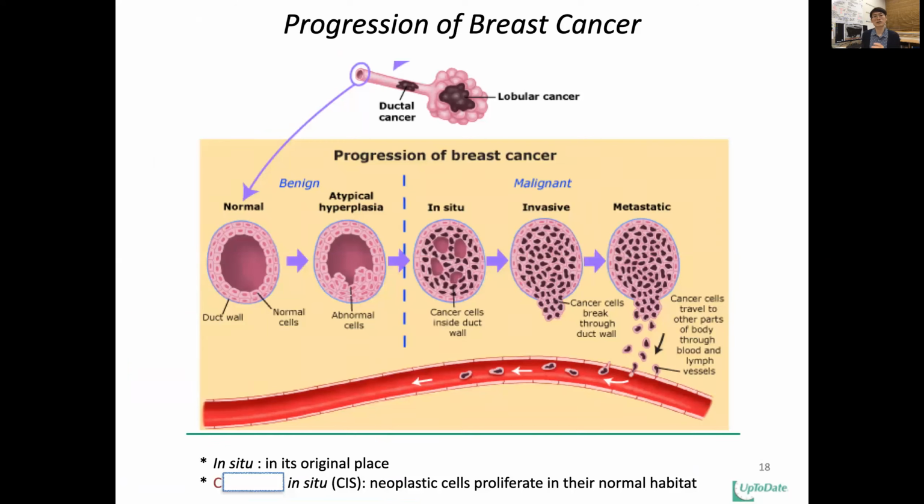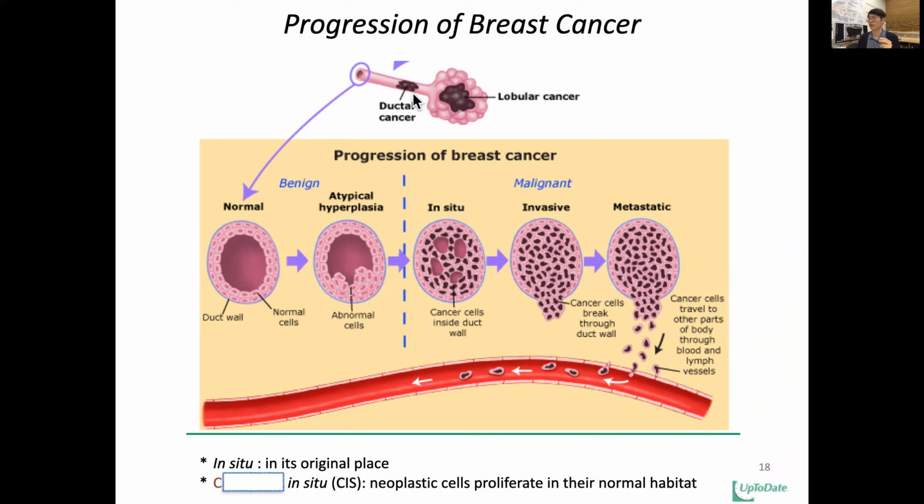So now I want to discuss a little bit before talking about a breast biopsy. I want to discuss breast cancer formation. So the breast has a duct, and through the nipple, the duct goes down into a gland which produces milk. It looks like this ductal shape, and inside there's a lobule which is composed of the gland. So depending on the cancer